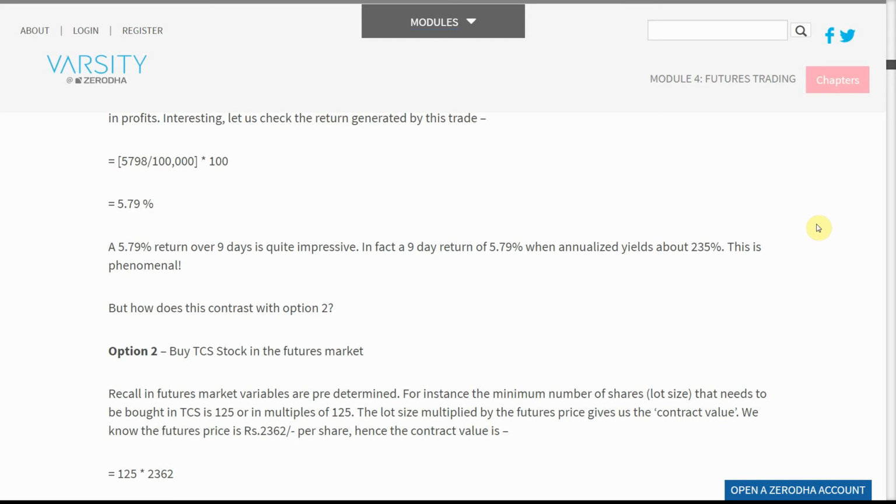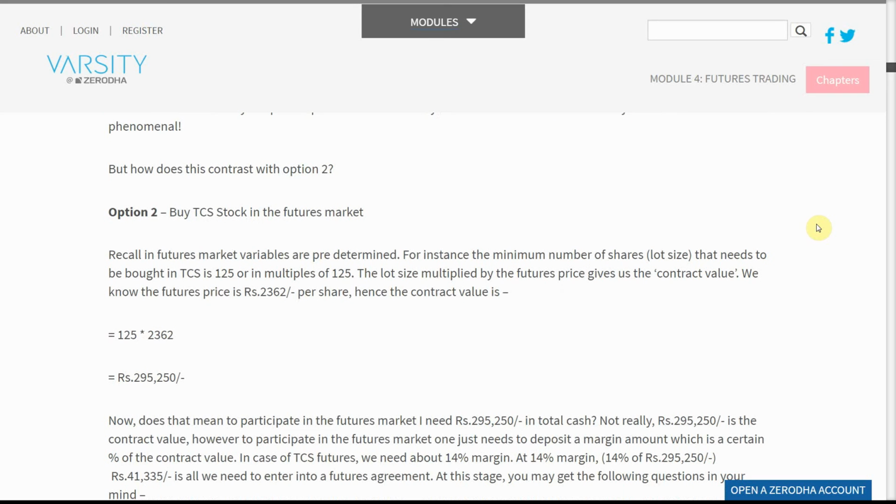Option 2: buy TCS stock in the futures market. Recall, in the futures market variables are predetermined. For instance, the minimum number of shares, the lot size, that needs to be bought in TCS is 125, or n multiples of 125. The lot size multiplied by the futures price gives us the contract value. We know the futures price is 2,362 rupees per share. Hence the contract value equals 125 times 2,362, which equals